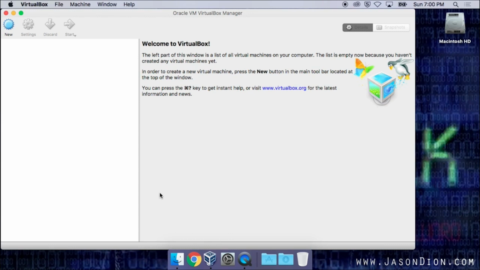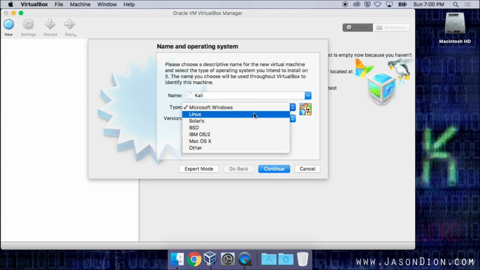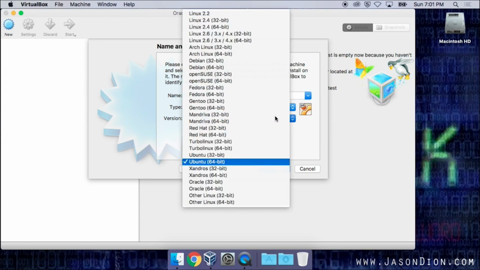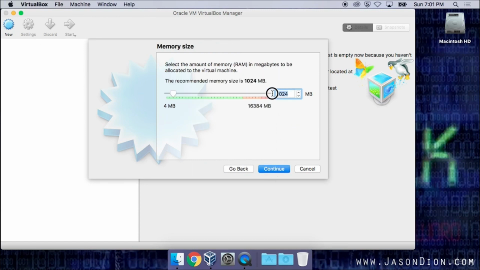Once it's open, we're going to click on New to create a new virtual machine. The type of machine we're going to create is a Kali Linux box. So I'm going to type Kali for the name, select Linux as the type, and we're using 32-bit Debian for our operating system, which is what Kali is based on. Next we'll hit continue. We're going to give it 2 gigabytes of memory, which is 2048 megabytes,